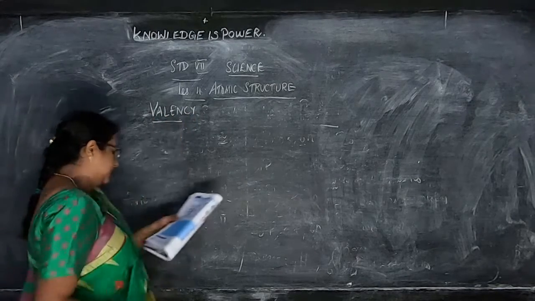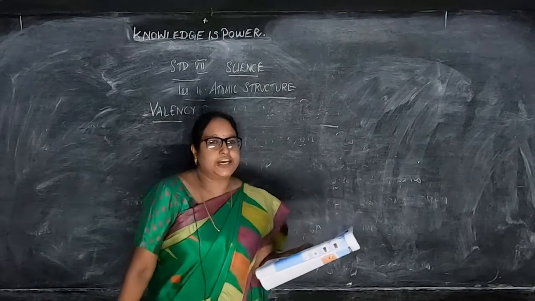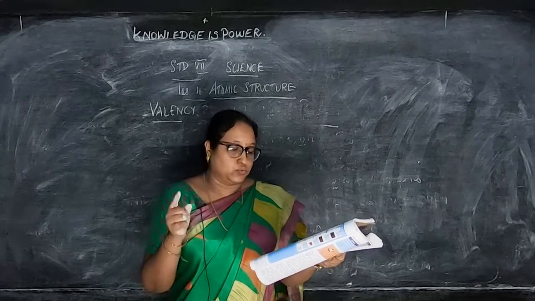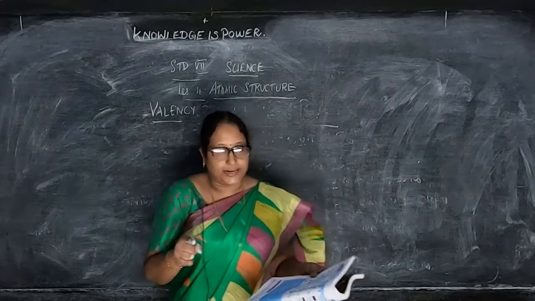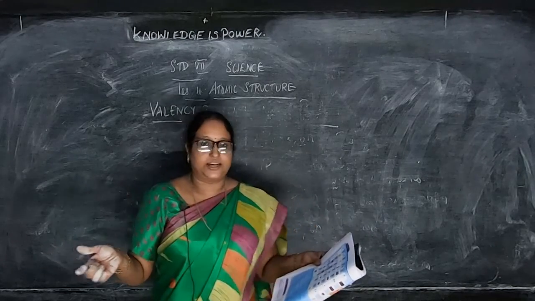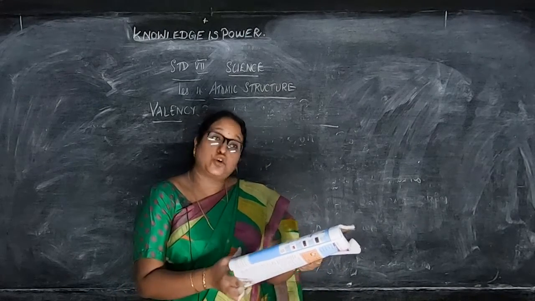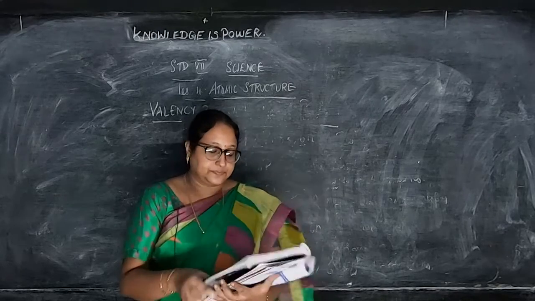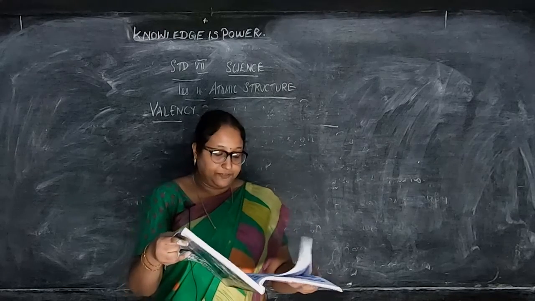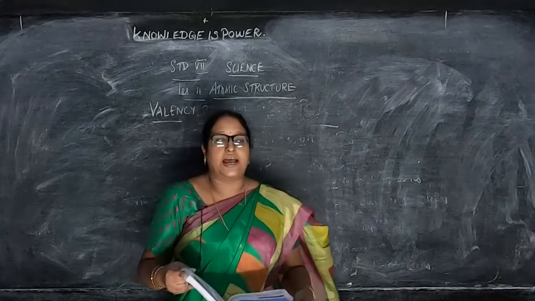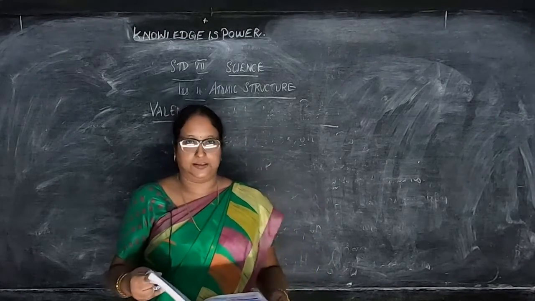Now in valency, they are just given when we shake hands with others, we can either shake hand with one person using one hand. We have only 2 hands. God has given us 2 hands, right? If we shake hand with one person, it's one hand. And we can shake with 2 persons using both the hands. If He has given more hands, we can shake more hands with more persons, right?